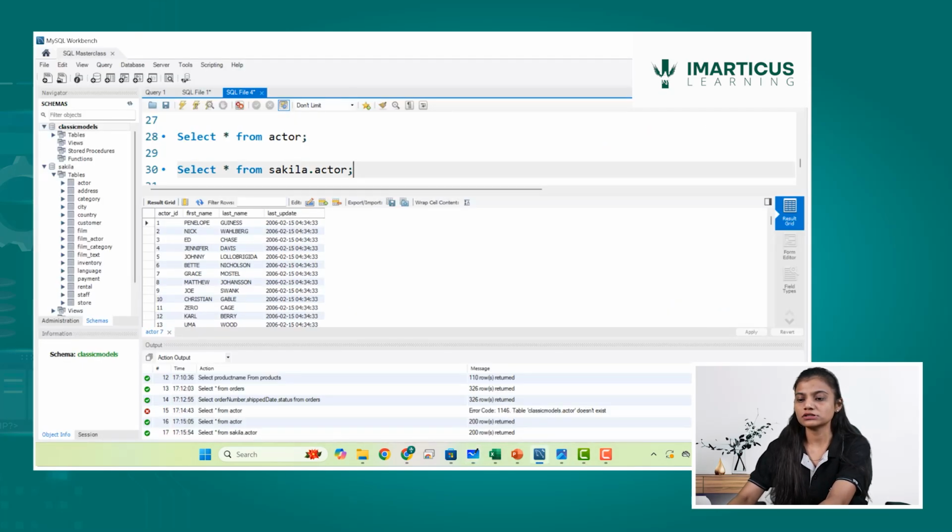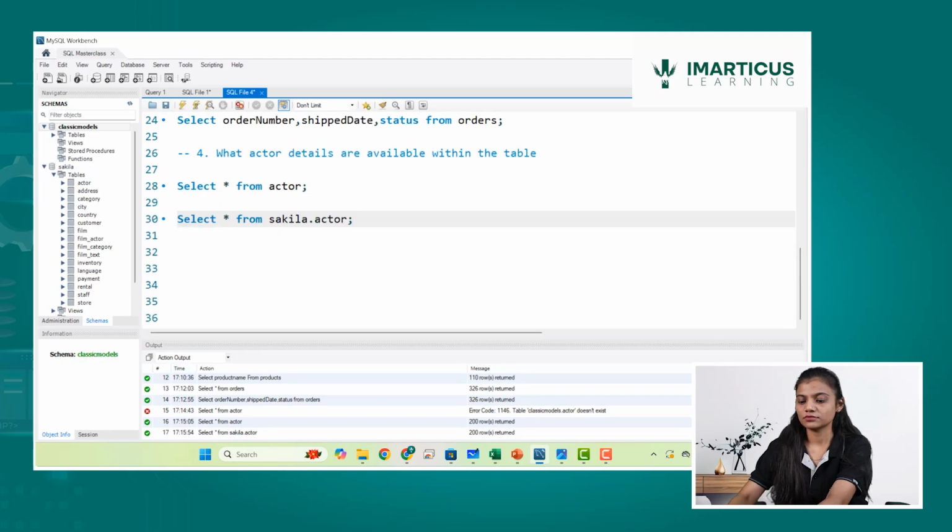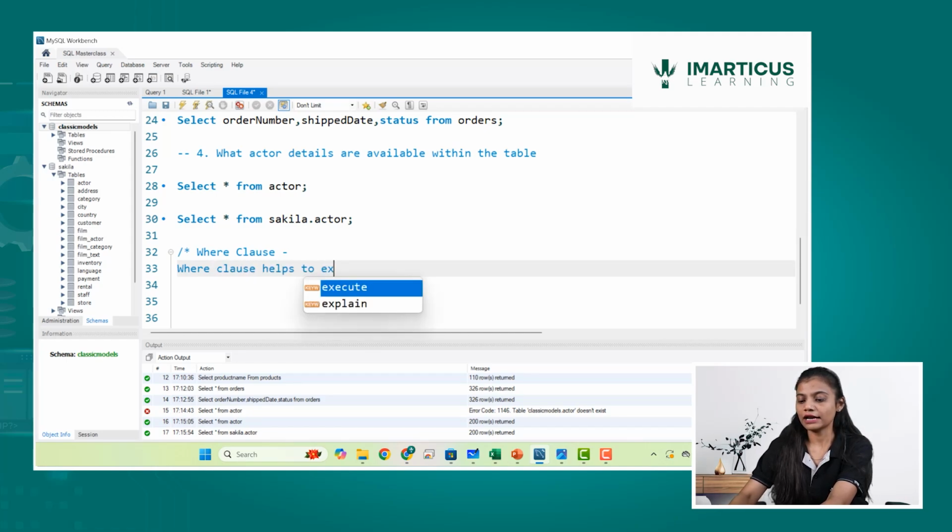Now the where clause helps to extract the data where the specified condition or criteria is met, which means wherever the specified condition or the criteria which is being mentioned is met, which means that's true. So that's what I want to do. So whenever a where clause is used, one thing which is used,